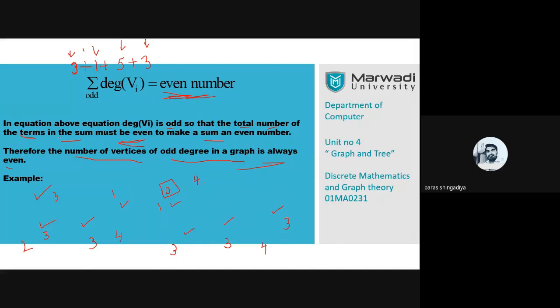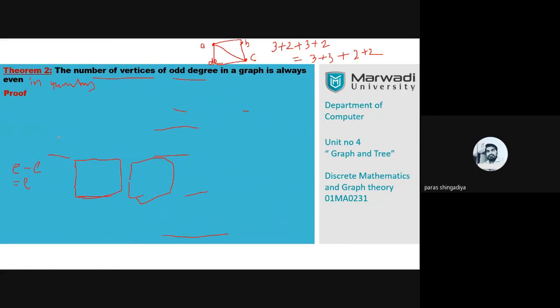And remember one thing, when you start the proof, you have to first understand the statement clearly. Clear? You have to first understand it clearly. What is the meaning of this statement? And you have to also check it for any type of graph. Clear? You have to also check whether this statement is valid or not. And then after that you can easily prove it. Clear? First you have to understand the concept clearly. And you have to map each statement, each